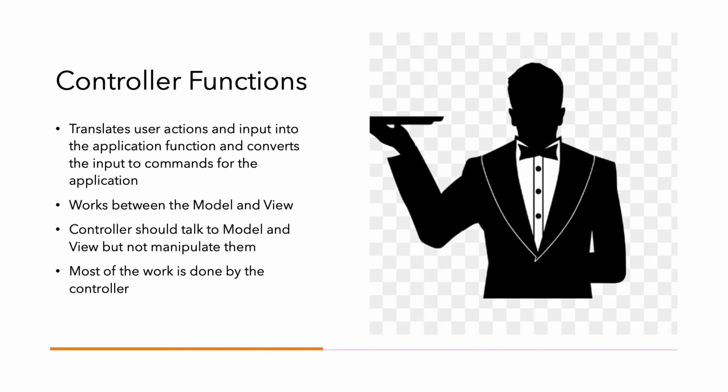Going back to a restaurant example, the waiter takes requests from a customer to the cook and then takes the meal from the cook, the model, back to the customer or view. The waiter is the connection between the customer and the cook. This would be the user requesting to open a link and the controller receiving the user's requests and running the code based on those requests through the models. And finally, responding to the user by rendering the requested view file to display the link.